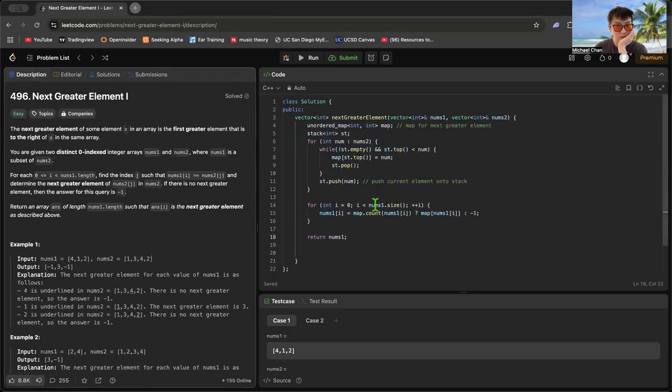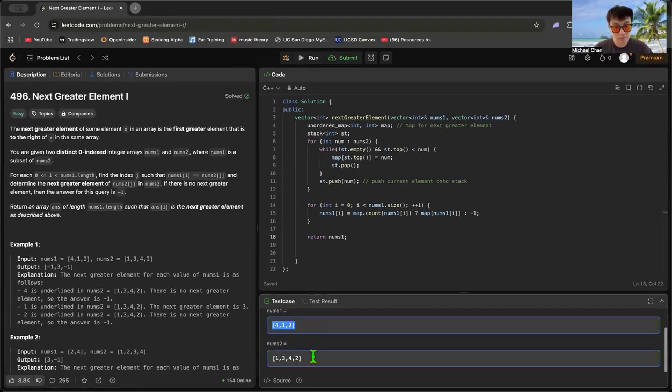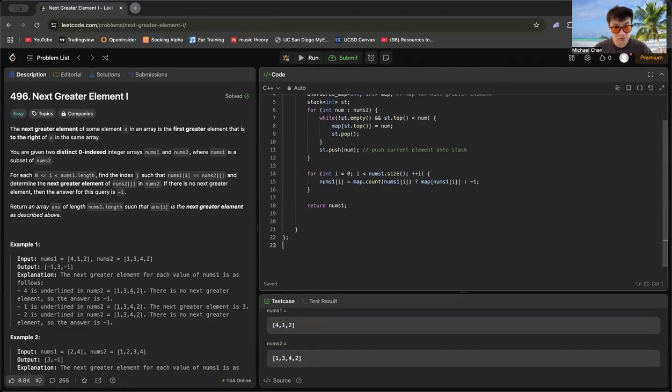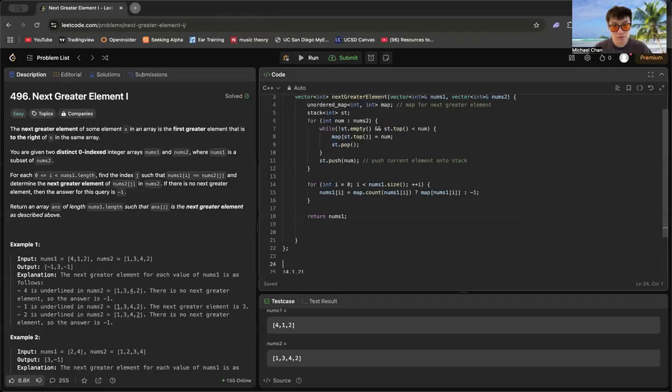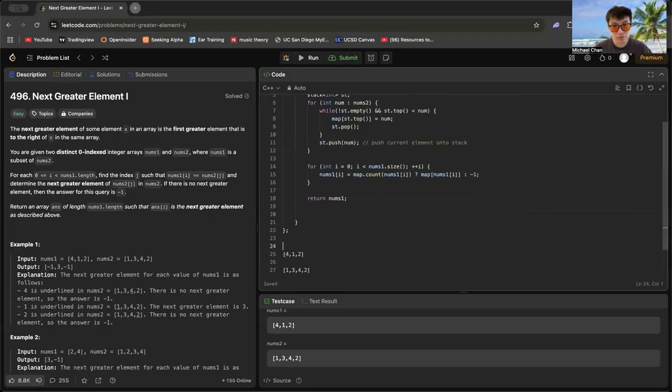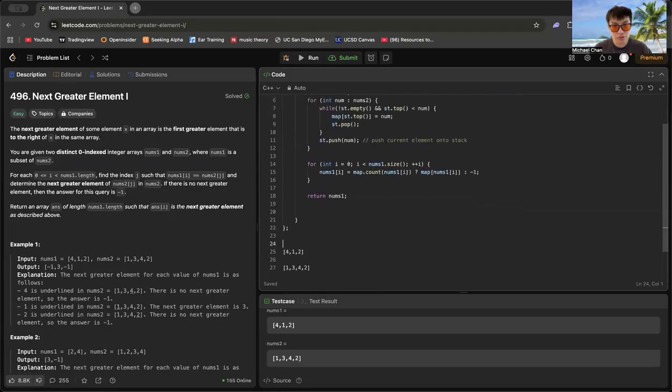So this one I really want to understand. So let's say it's this, right? So for num in nums2, which is the bigger one,